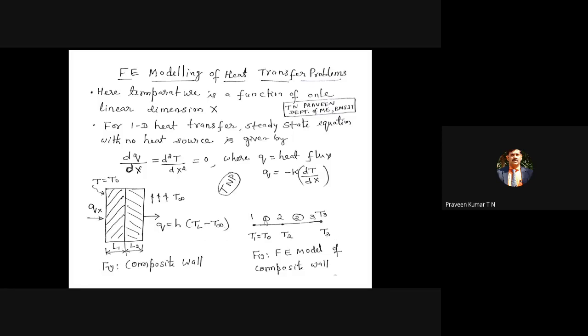Once you know the thermal conductivity of element 1 as well as element 2, the temperature at node 1 is known. That is T0, but T0 is not equal to 0. If T0 were equal to 0, it would come under a zero boundary condition, where you can apply the elimination approach or penalty approach without much difficulty. But here T1 is equal to T0, hence you have to go for the penalty approach or elimination approach. This is for a non-zero boundary condition, which you have been discussing for the last 1 or 2 classes.